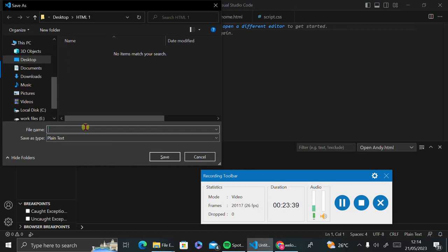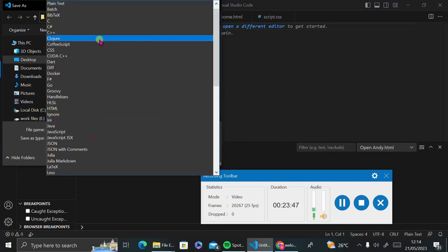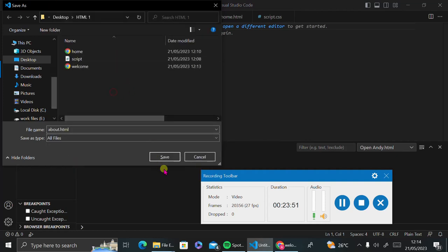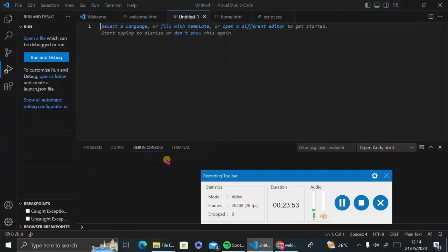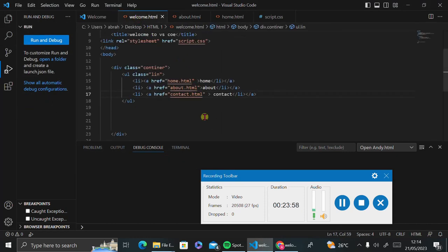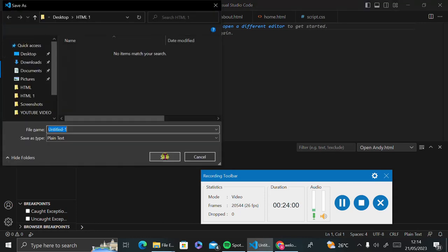So we can say about.html, and then we will take all files here. If you don't take all files, the plain text is going to cause you problem. So here you do the same here. Now it's here, then we come back to this page also, we press Control N, Control S,